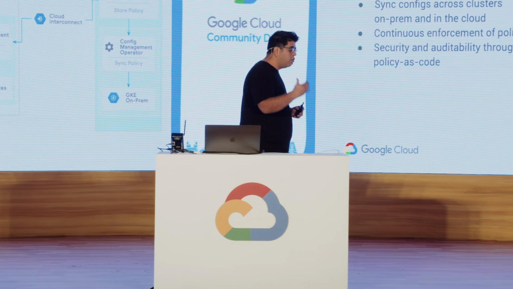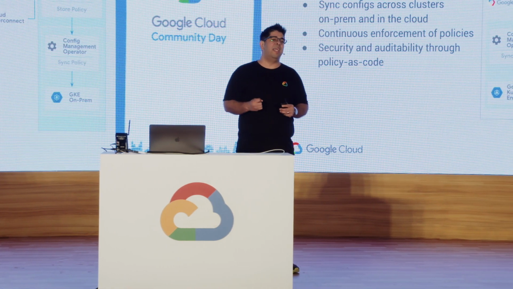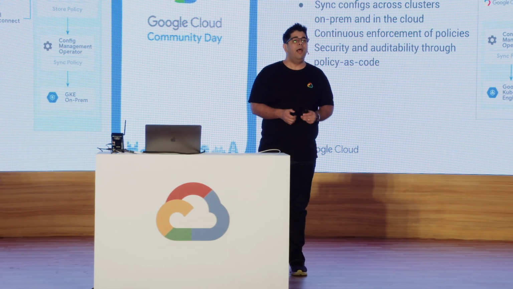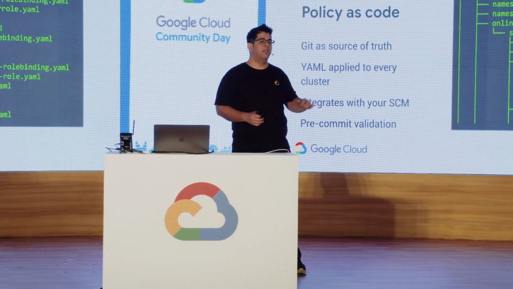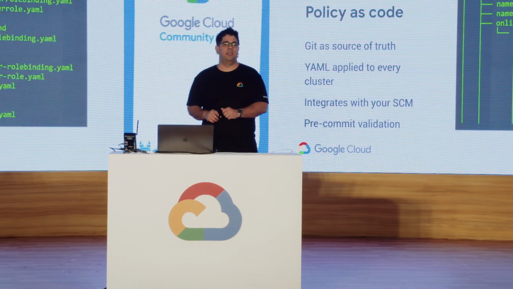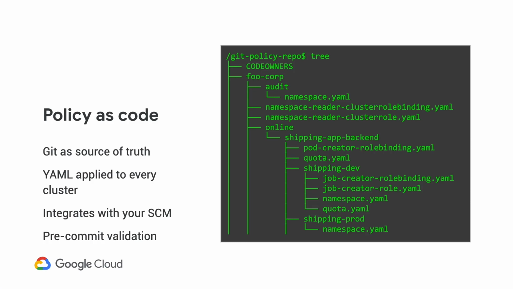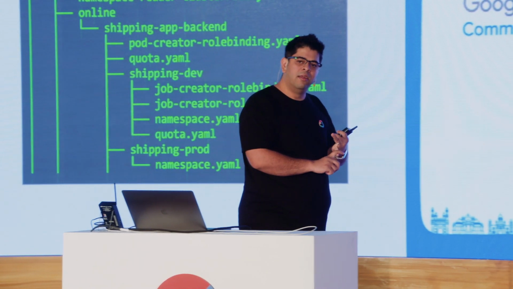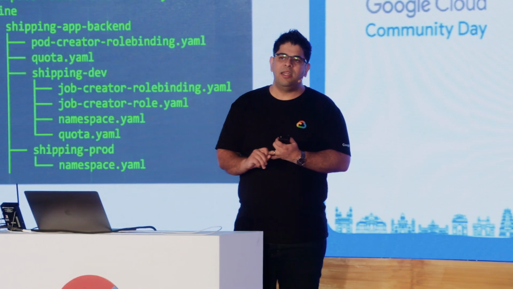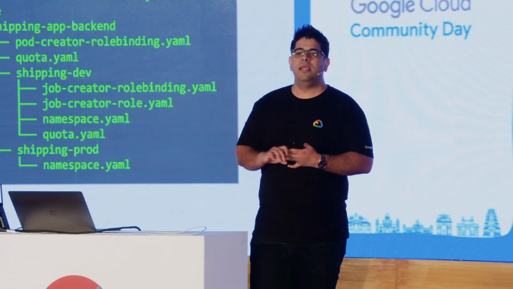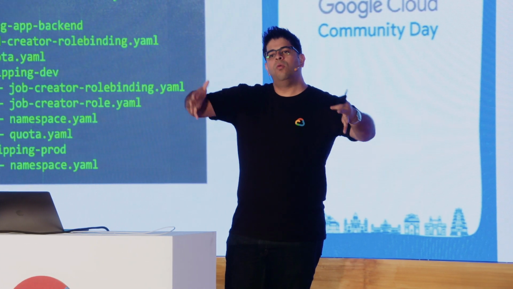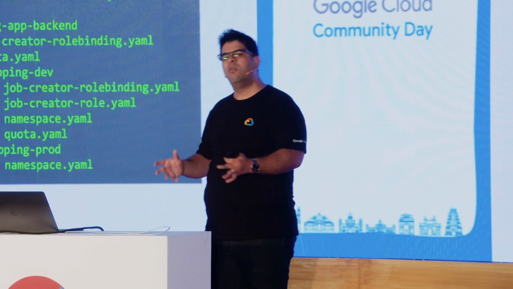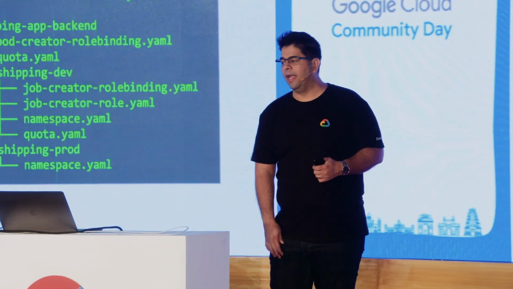And again, if you've used Kubernetes, you've probably heard of the term infrastructure as code. Well, with Anthos Config Management, you now have policy as code, where we use this Git repository where your policy gets checked into. And then you get all the benefits of Git, right? You've got traceability, you've got things like pre-commit validation, you can label things so that you've got a well-known working configuration. So if something goes wrong, you can always roll back.